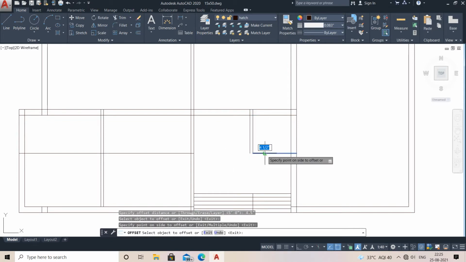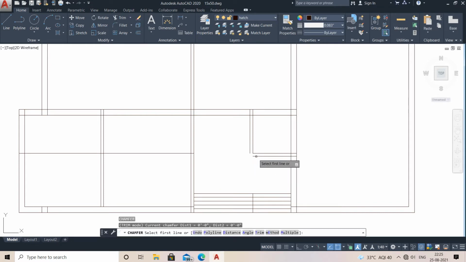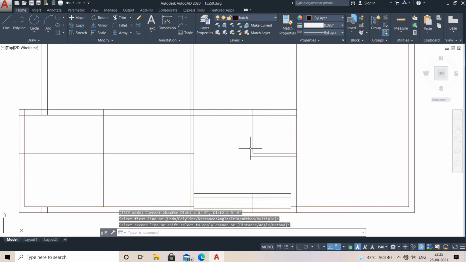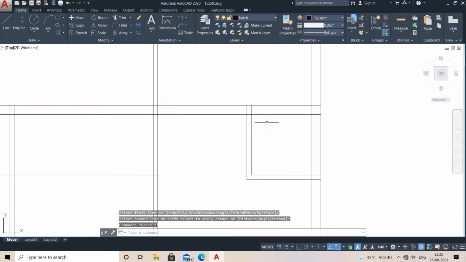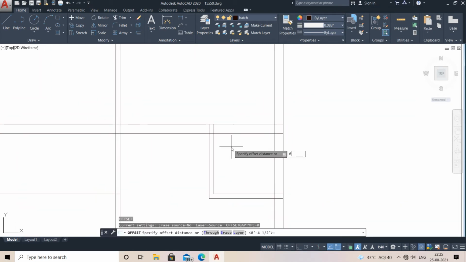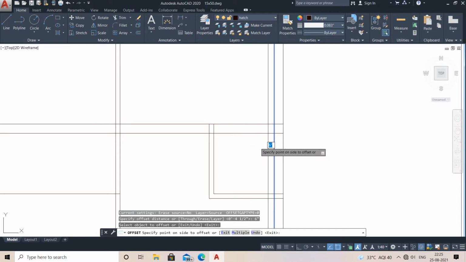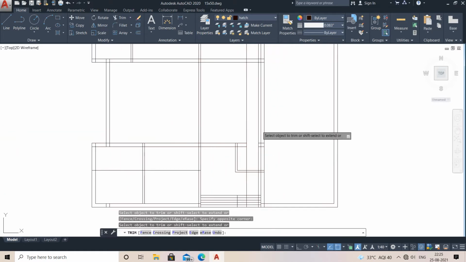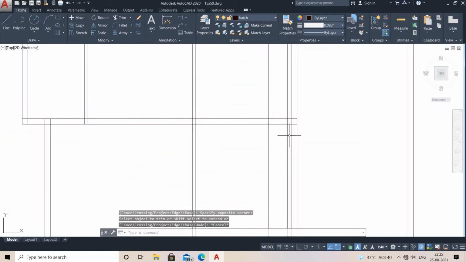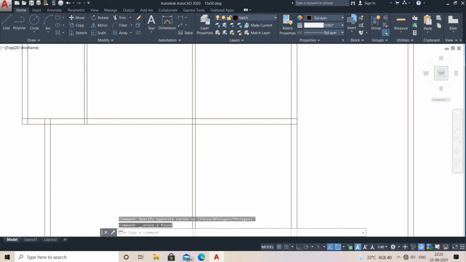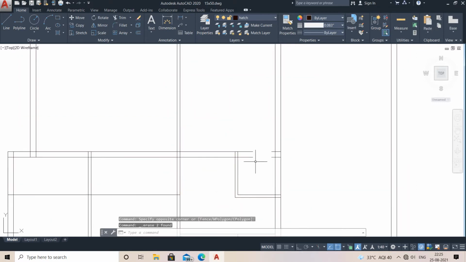See, now after that do chamfer, CHA is the shortcut key for chamfer, just click it over here and do it. Now after that, make a door for it: 6 inches from this, and from this 2.5 feet, then go for trim. After that you just remove it. See, here it would be, so no need to worry, just take its endpoint and this endpoint.